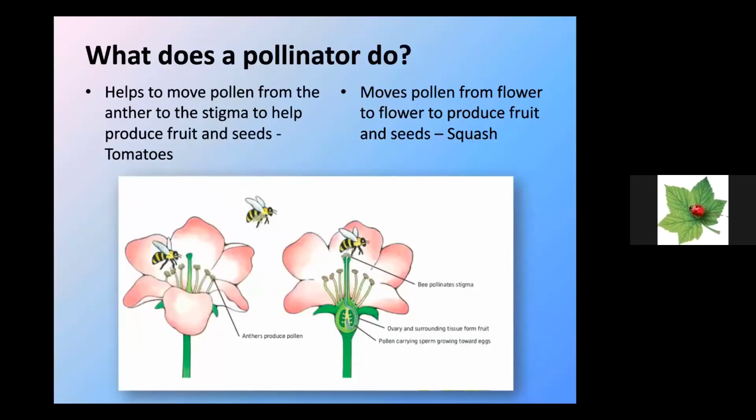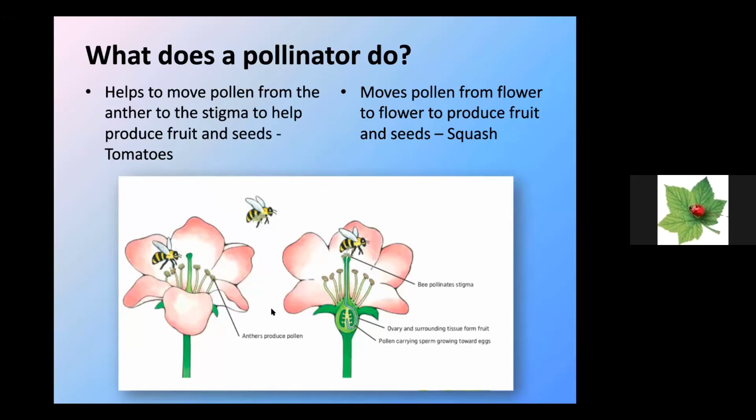A pollinator is moving pollen from the anther to the stigma to help produce fruit and seeds. This happens in plants that we call simple or complete flowers, such as a tomato, where the male pollen, which is the anther, and the stigma, which is the female part at the top, is getting transferred back